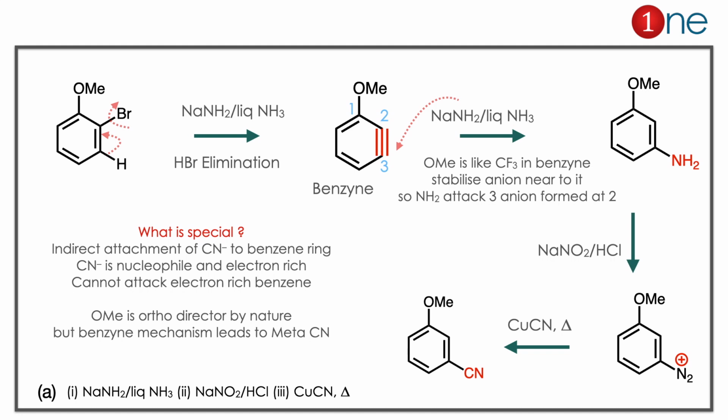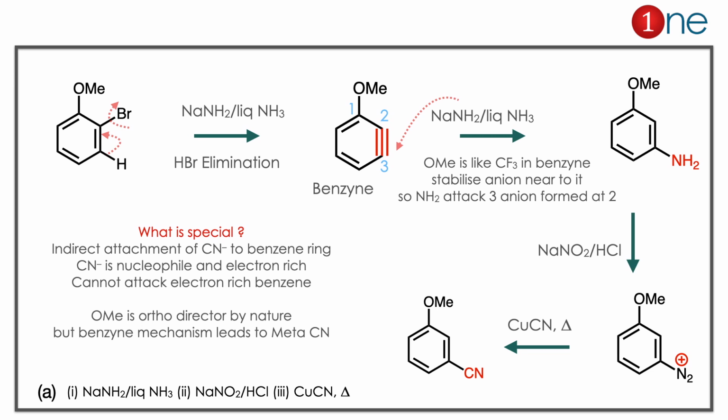The starting material has a bromine on the benzene ring. You can use sodamide. If you use sodamide, what really happens is benzyne is formed by HBr elimination. The sodamide abstracts the proton and promotes the Br elimination. So HBr eliminates, and you have benzyne formation, which has a triple bond in the benzene. Next step, you are attacking with sodamide. Sodamide attacks at the third position, not the second position. Because if it attacks at the second position, the anion forms at 3. If it attacks at the third position, the anion forms at 2. The anion at 2 will be stabilized by the O-methyl. So what really happens is you have attack at the third position. So the amine is formed at the third position. Next step, you are using NaNO2 and HCl.